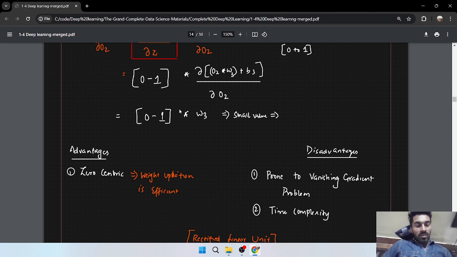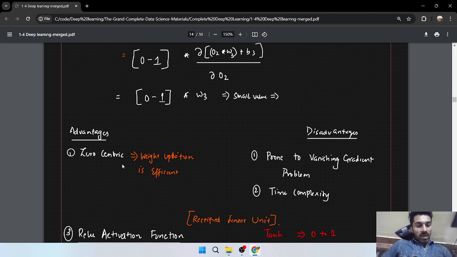So again, if you apply a very long chain rule of differentiation, then the problem remains. But it is zero centered, so weight updation is effective in tanh. But the disadvantage is that it is also prone to the vanishing gradient problem,